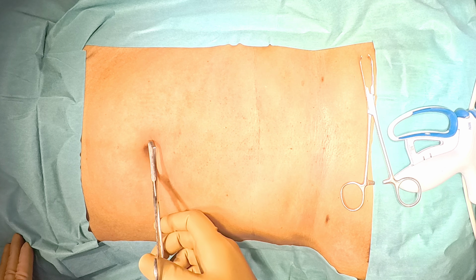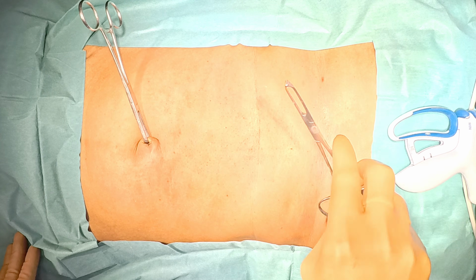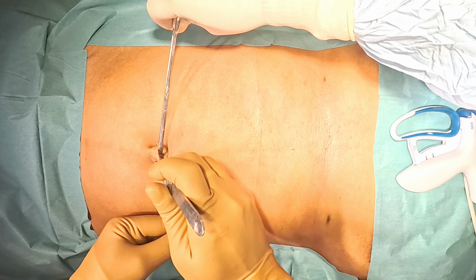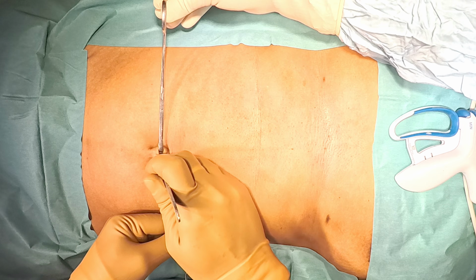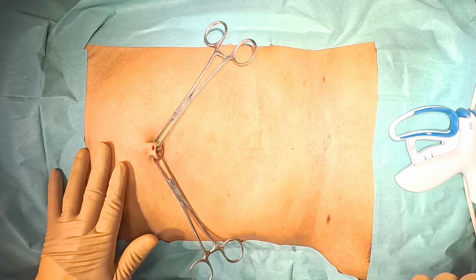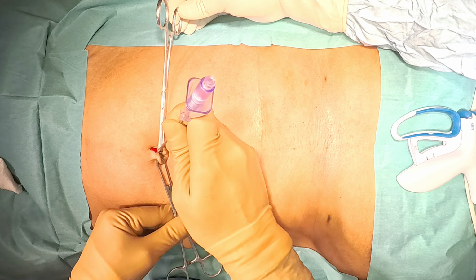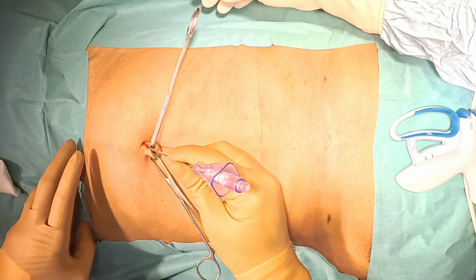Hello friends, this is a case of two-port cholecystectomy. We will use only one umbilical port and only one 5 mm epigastric port, and we will use the Stryker mini alligator to perform this surgery. So, we are putting the Veress needle over the inferior crease of the umbilicus,